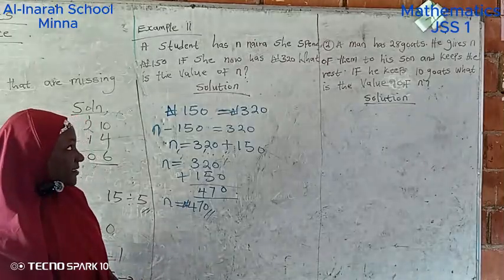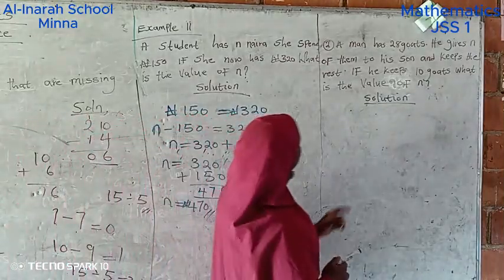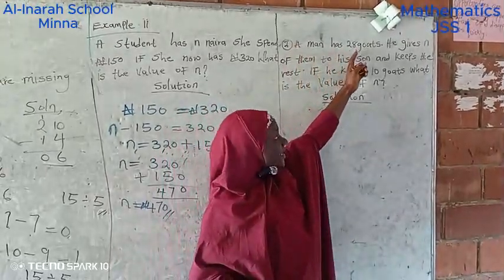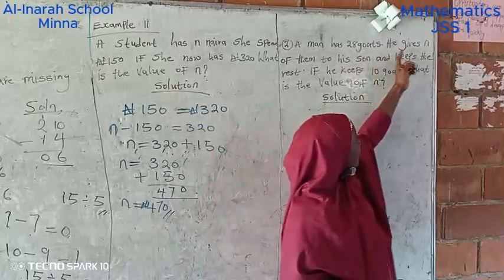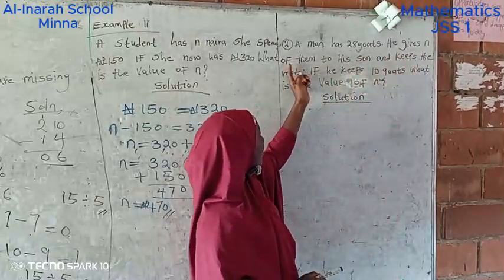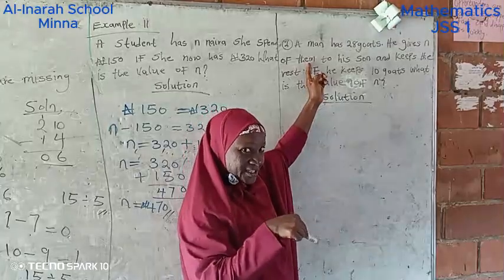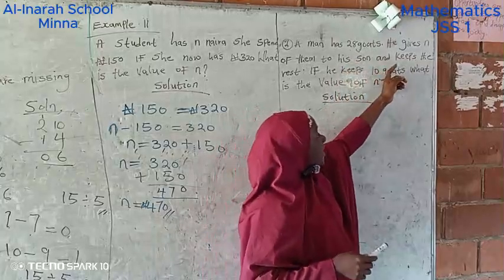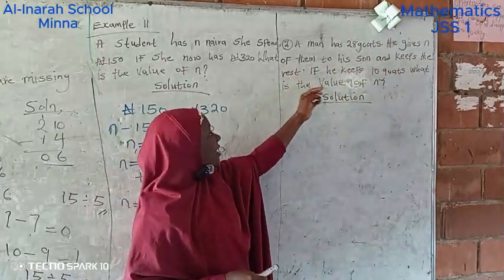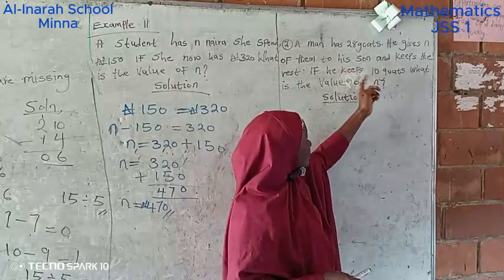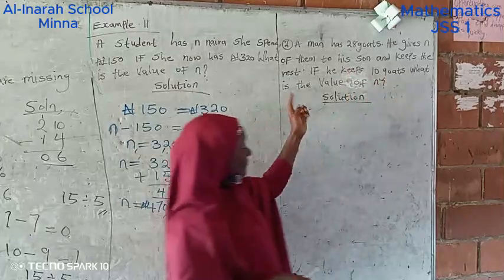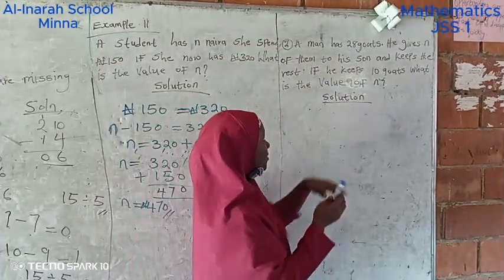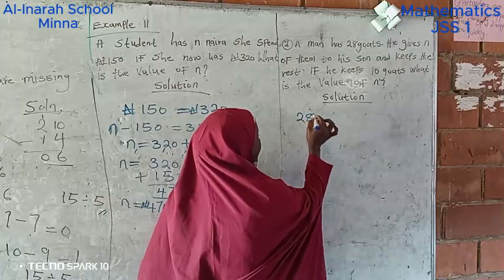Now, moving to the next example here. Here is another example. A man has 28 goats. He gives n of them. Part of the 28 goats, he now gives some of them to his son and kills the rest. If he kills 10 goats, what is the value of n? That shows that the man is having 28. That is the total